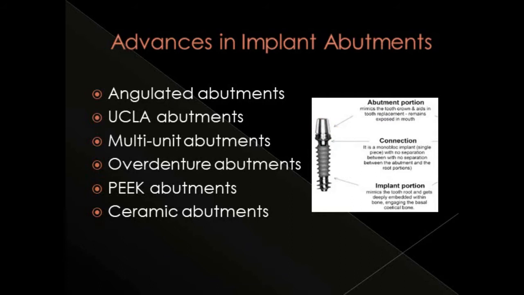So based on their use, it can be classified as healing abutment, that is placed during the healing phase. Then comes the provisional abutment and the permanent abutments. Again, permanent abutments can be the stock abutment, which are the prefabricated abutment usually available along with the implant system, or it can be castable abutments, which are used especially when stock abutments cannot be used, that is in certain conditions of extreme angulation problems. So let us discuss one by one of these in detail.